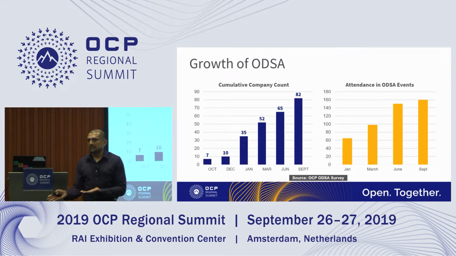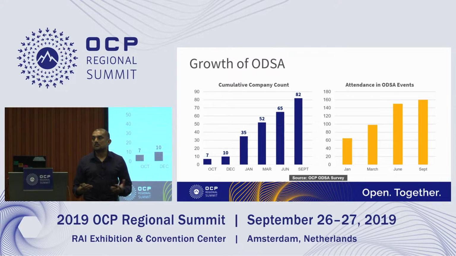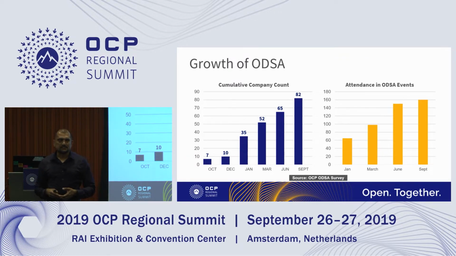So where were we roughly 1 year back, and how have we grown? This initiative started somewhere around October of 2018 with 7 companies coming together. And today, it has grown to over 82 companies in less than a year. We are just a tad shy of 1 year. That's a 10x growth. We are doing better than Moore's Law as of right now. Although the data set is only a year.